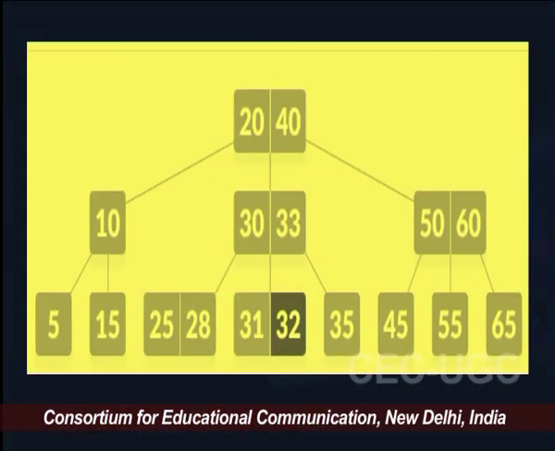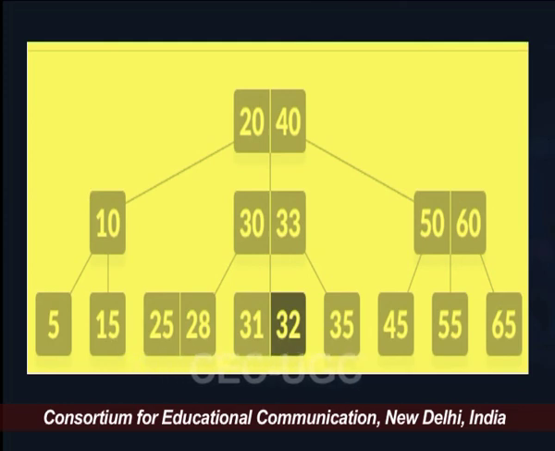So, here let us consider one diagram of a B tree. This is a B tree where the value of m is 3. That means the minimum number of keys one node can hold is 1. Now let us assume the first sub case of case 1, which is to delete a key which is available on the leaf. Let us say we are taking 32, which is available as a key on the leaf node,